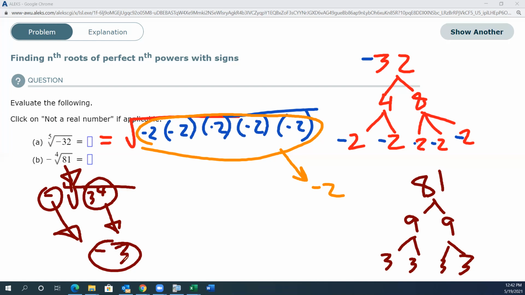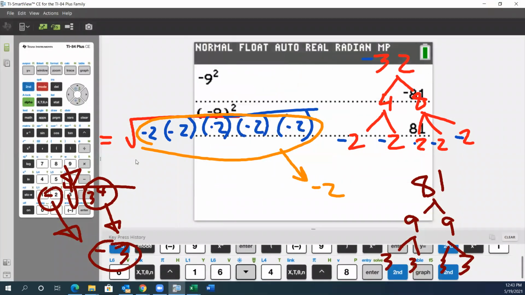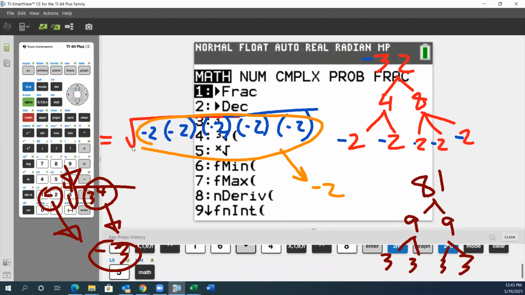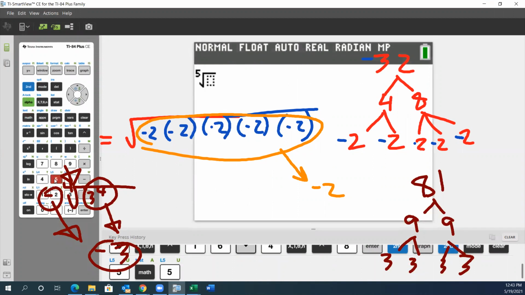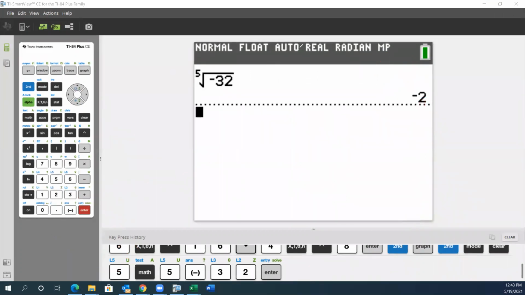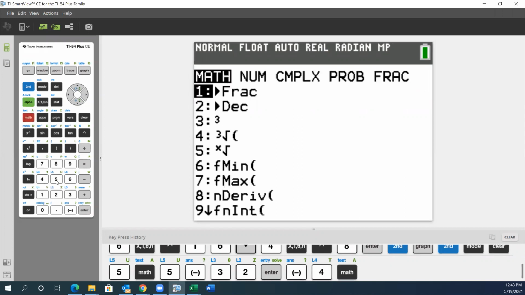Okay, let's see how to check this one on the calculator. So 5th root of negative 32. So I'm going to quit to the main screen, and I'm going to go 5, math, and then notice option 5 here is the 5th root. So I'll pick option 5, and then just type in negative 32, and okay, yeah, I really do need to erase, don't I? Okay, and it's negative 2. It actually works. And then the other one was negative the 4th root, so 4 math 5